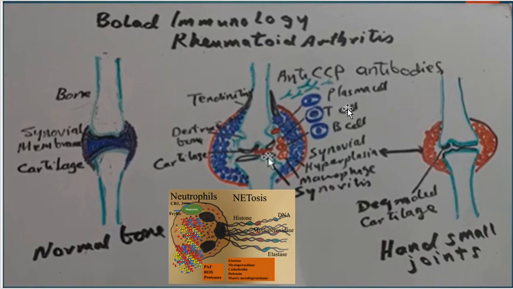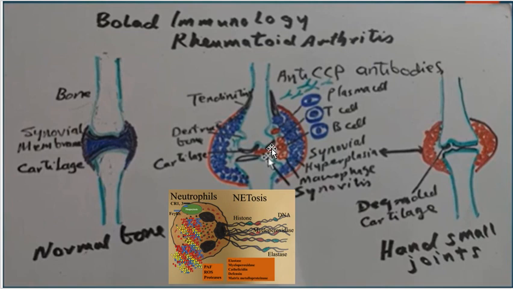So here, as can be seen, T cells and B cells are present, and this will lead to production of anti-cyclic citrullinated peptides, which when bound to citrulline lead to formation of immune complexes, which activate the classical pathway of the complement system, with liberation or formation of anaphylatoxins, which will lead to inflammation, and this will lead to destruction of the cartilage and the bone, with tendinitis and synovitis, with hyperplasia of